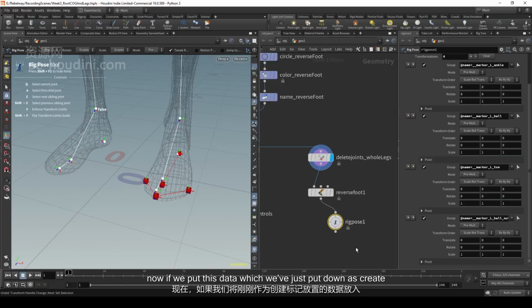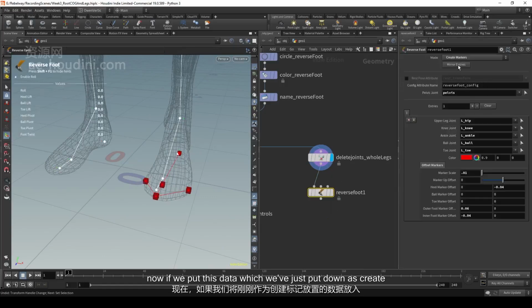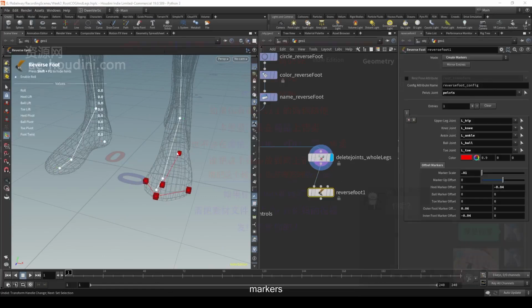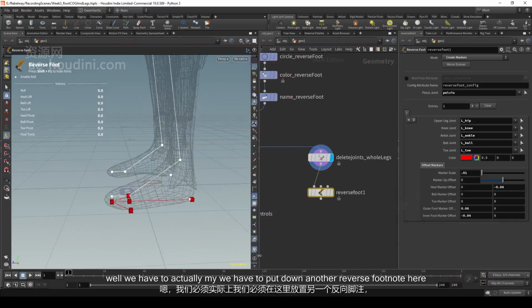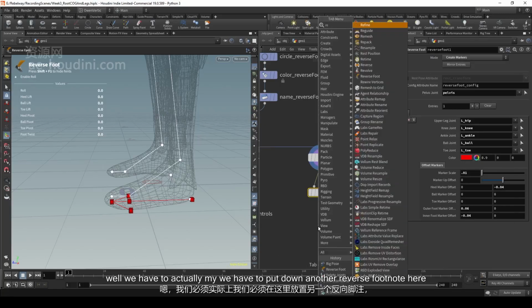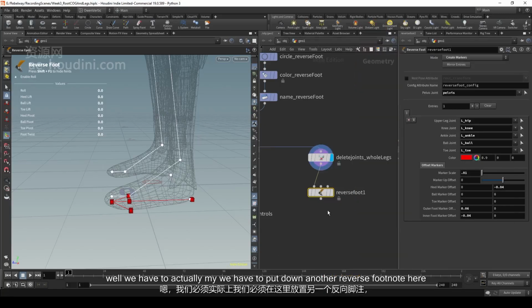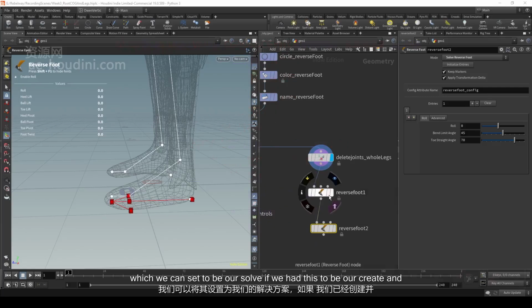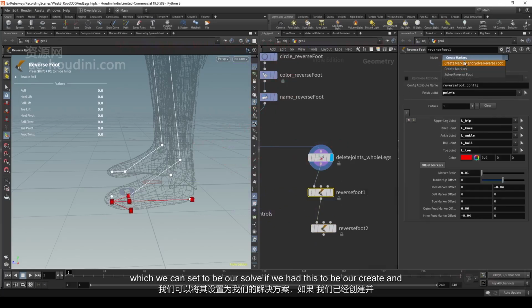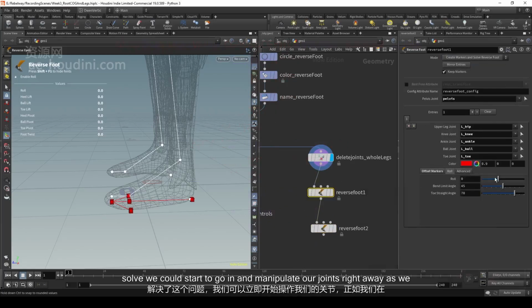Now if we put this data, which we've just put down as create markers, we can now start to adjust the... well, we have to, actually, my bad, we have to put down another reverse foot node here, which we can set to be our solve. If we had this to be our create and solve, we could start to go in and manipulate our joints